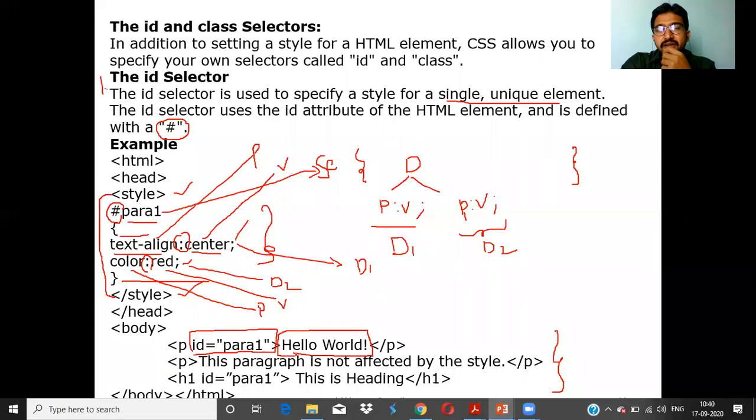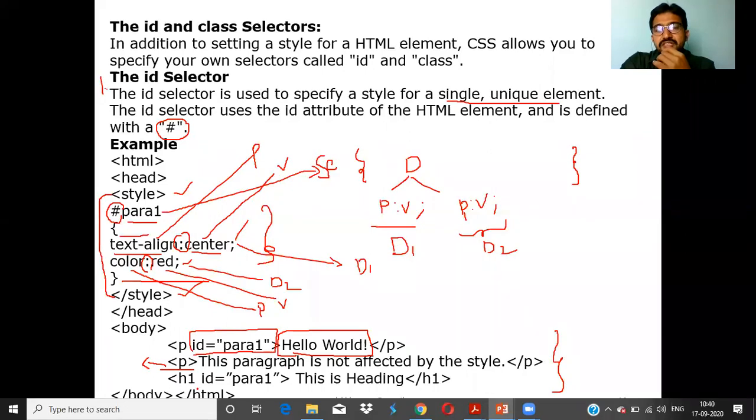What is the style applied? The text is aligned to center, and the color is made red for this hello world. Now there is another paragraph here. This paragraph is displayed directly and is not affected by the style, because you are not using any ID in this HTML element.